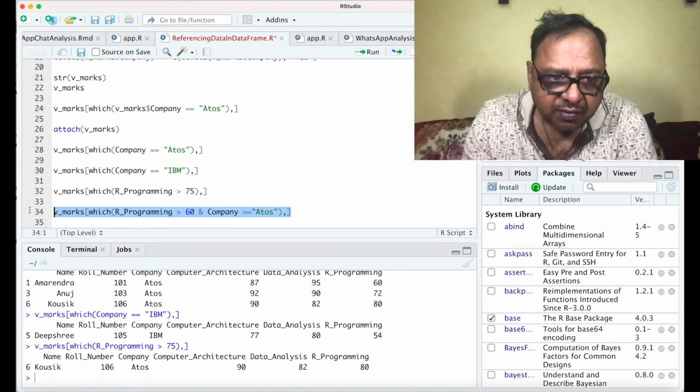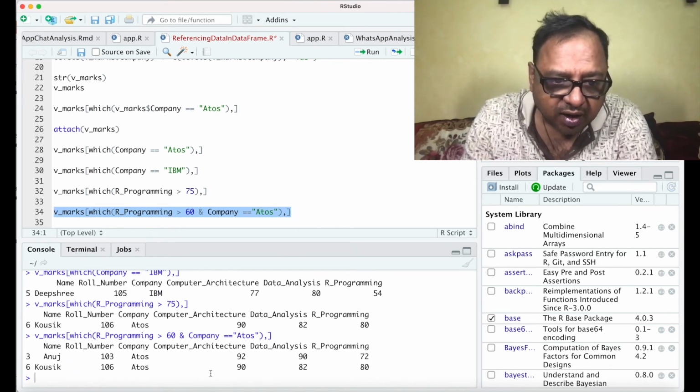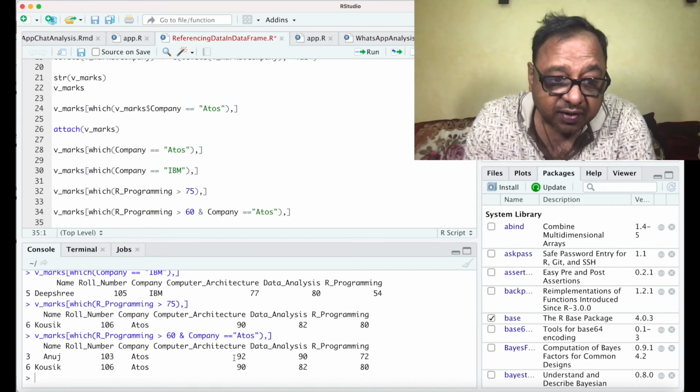Now let us see what this command returns. You see it gives me all the records in Atos where the marks in R programming is greater than 60. Now you're noticing that when I'm giving these commands, it is returning back to me a data frame.